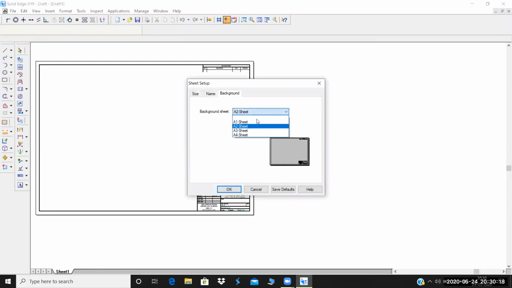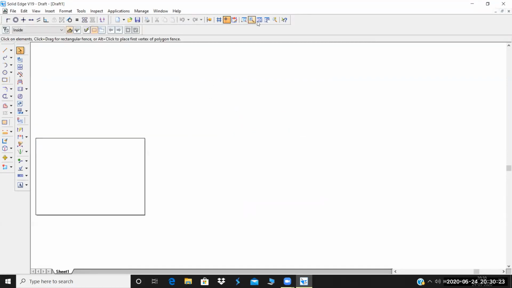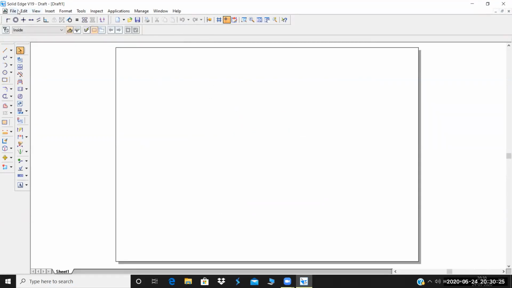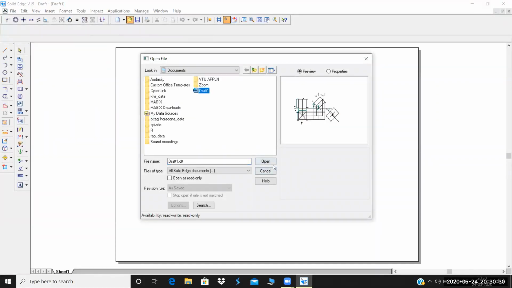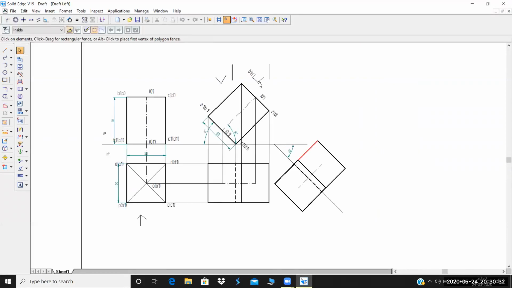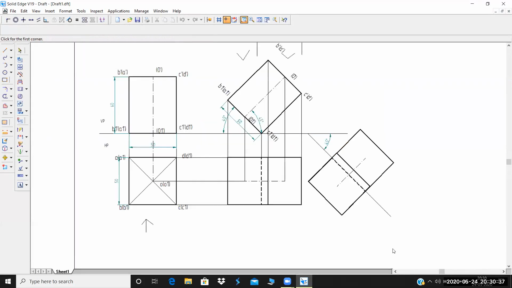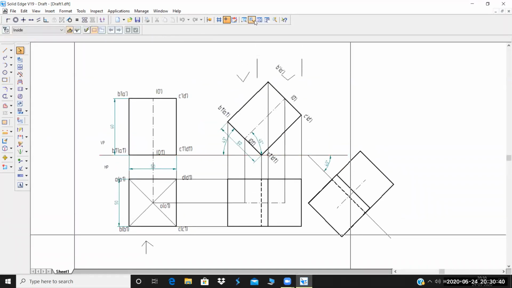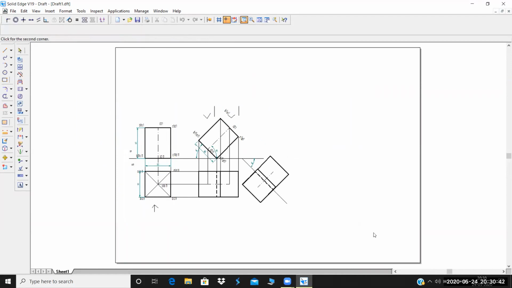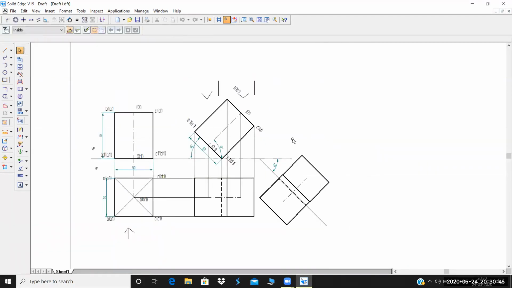In the previous class, we discussed prisms. Let me just open that file. In this particular question, we discussed the prism here. I already explained to you how this is going to work out. This last step, I am going to explain once again.